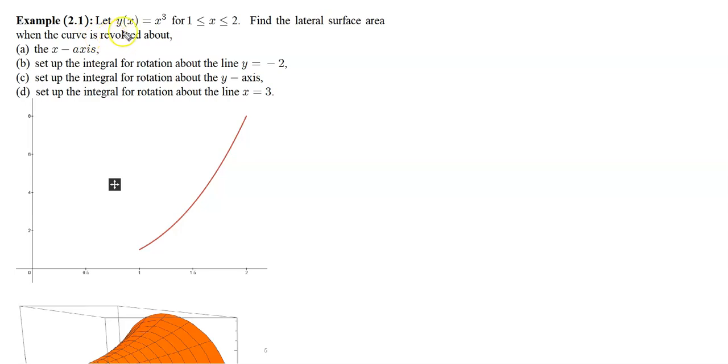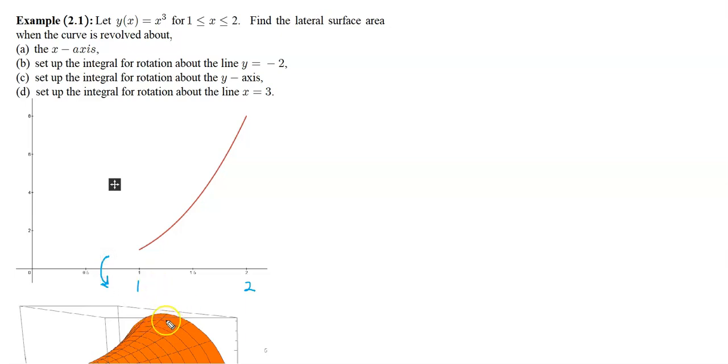Now for this example, we start with the curve y equals x cubed for x between 1 and 2, and we want to find the lateral surface area when that curve is revolved about these different axes of rotation. So the first one we want to look at is the x-axis. Now here's what the graph of our function looks like. This is the graph of y equals x cubed right here for x between 1 and 2. Now when you rotate this around the x-axis,